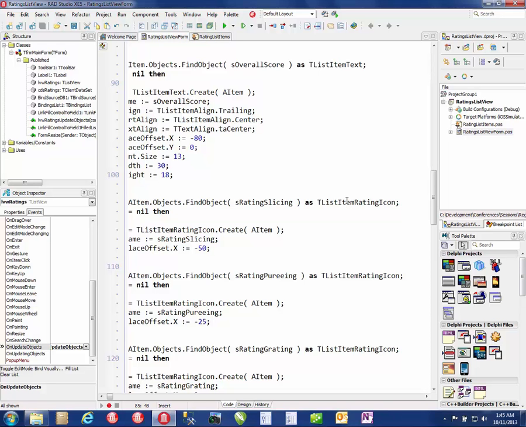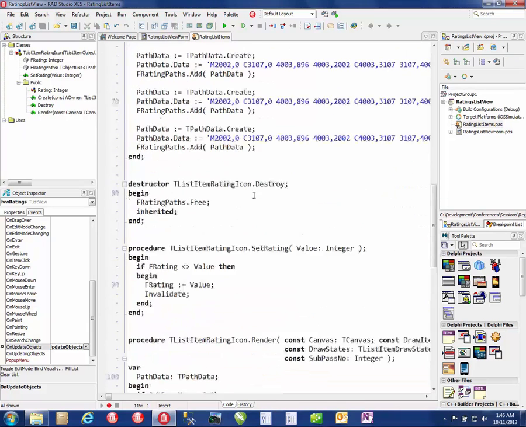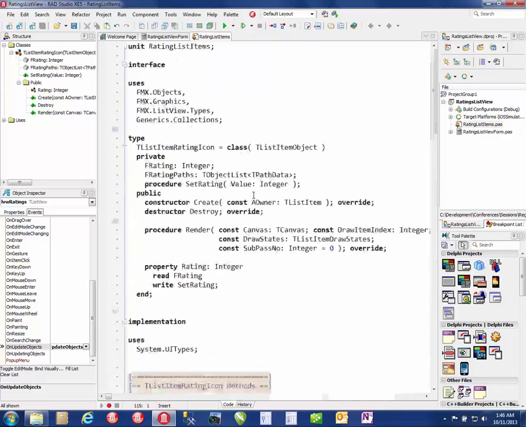And this is something that I built. It's in the rating list items class. And what it does is pretty straightforward. It's kind of like a simple component. It's got a render property, which is like the paint. I've got some properties that I'm manipulating, and I create and destroy, and I have one publish property that drives